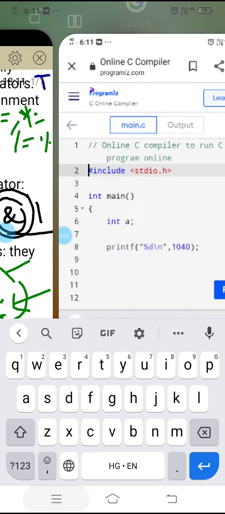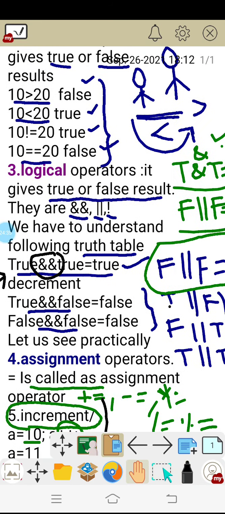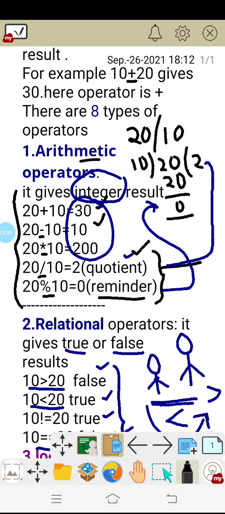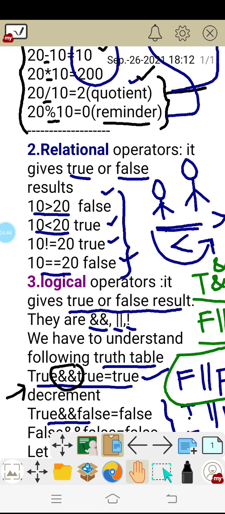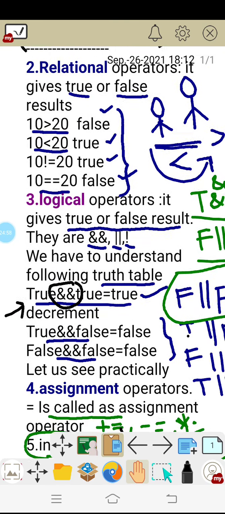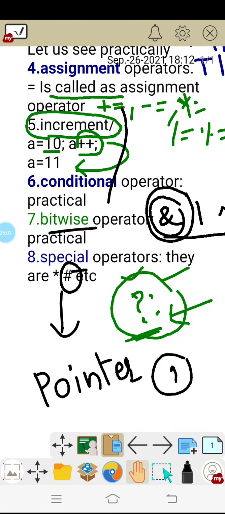So we have discussed 8 kinds of operators practically and theoretically. The first one is the arithmetic operators, which are used to perform calculations, like addition, subtraction, etc. And the relational operators, which are used to relate two values. And the logical operators, which also give true or false results, just like the relational operators. Assignment is very simple. You store some value.